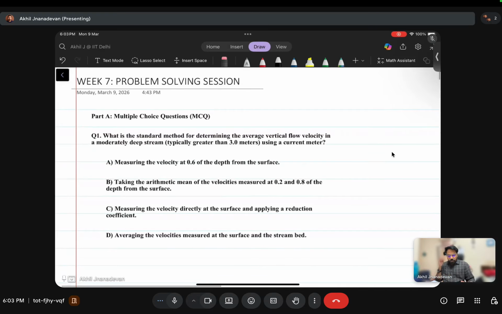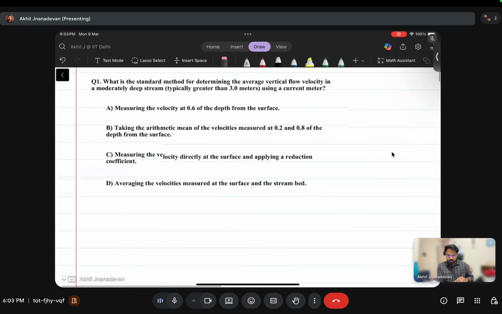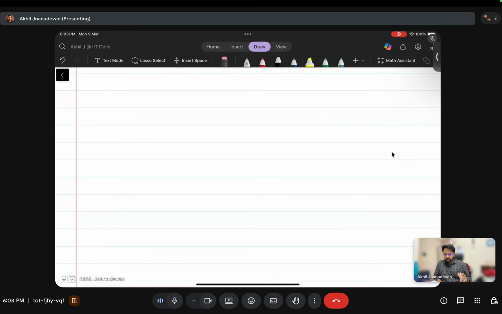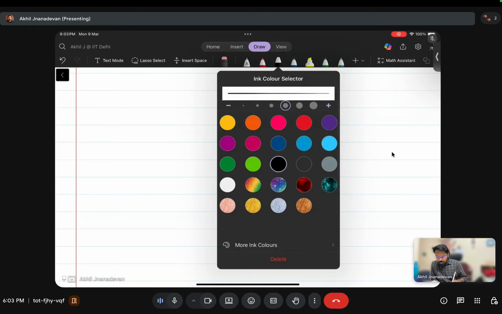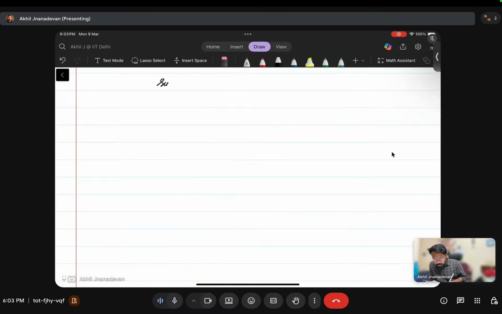Before I start with the MCQ questions, I will give a brief introduction about surface water flow. We have already seen this in the previous lecture, so this is just a recap. What we're dealing with is surface water flow, which is also commonly called direct runoff. Basically, surface water flow is that part of